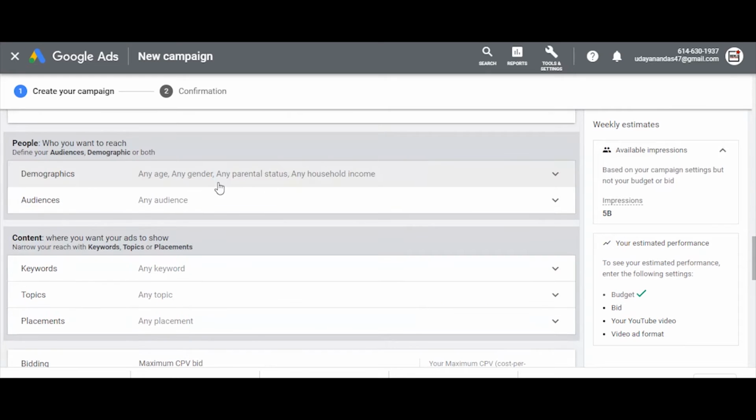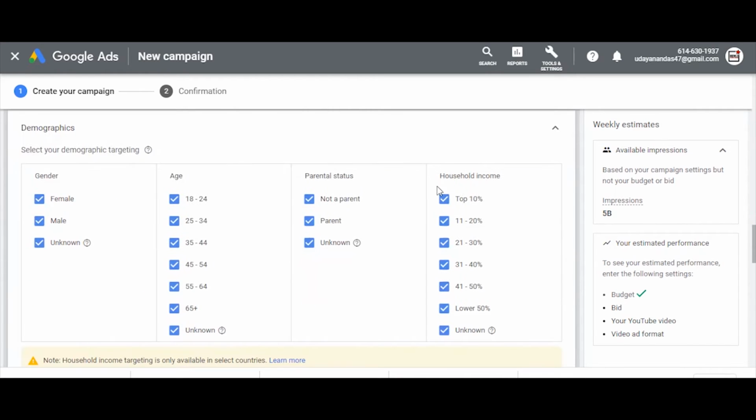And demographics is where you have to select the age group. This is a gaming video, right? So most of the people would be 18 to 24, not more than that. So I'm gonna uncheck all these. And for the female and male option, just keep it like that, don't mess with these things, just keep it to the age filtering, not the other things.